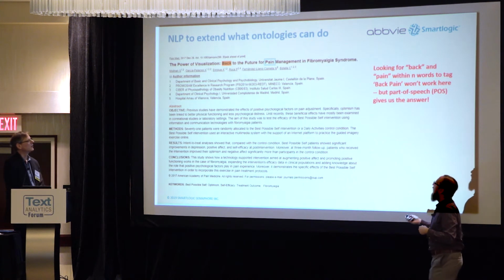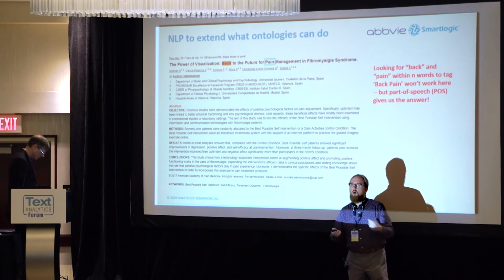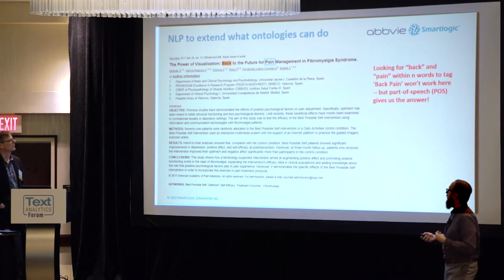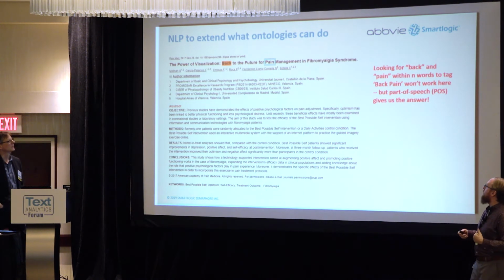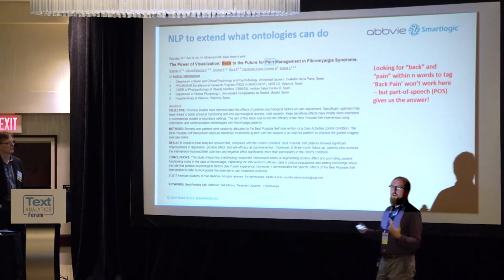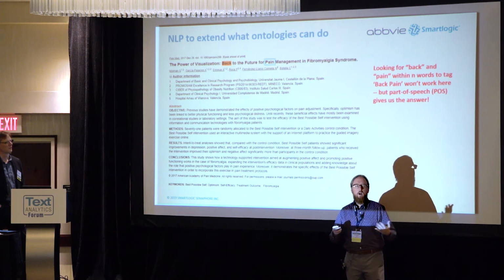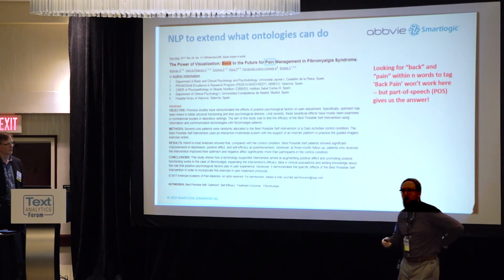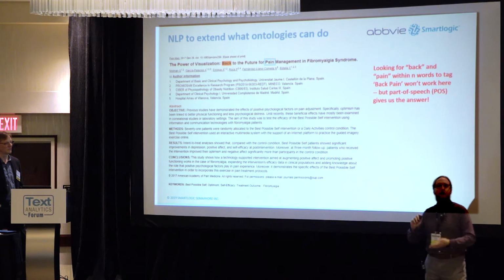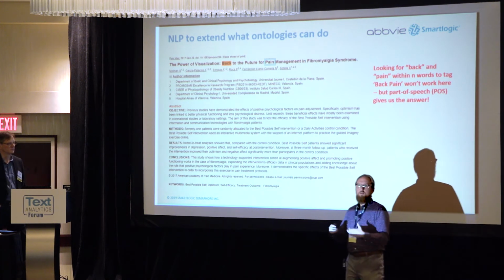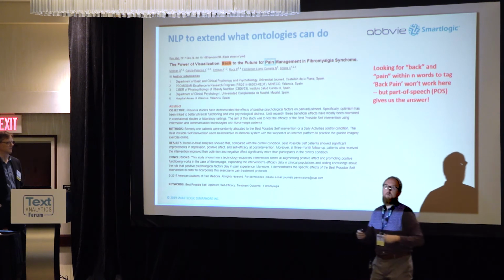We also can look at things like part of speech and other aspects of the linguistic analysis of these words. So we have some contextual rules that we can implement within Semaphore. Like if we're looking for a concept like back pain, we might have set up a rule that says if we have back or some synonym of back within so many words of pain or whatever it is, we can tag that article with the concept of this is about back pain.